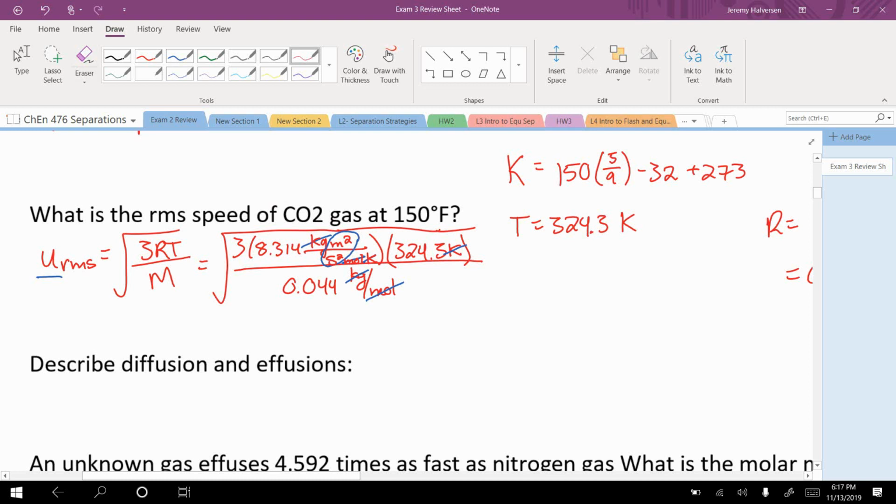Okay, so I plug this all in my calculator. Times 324.3 divided by 0.044 square root. I got a root mean square velocity of 428.76 meters per second. Anybody else? Sweet. Sound good? Yeah. Jeremy,